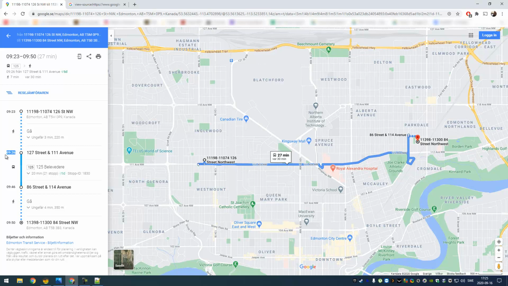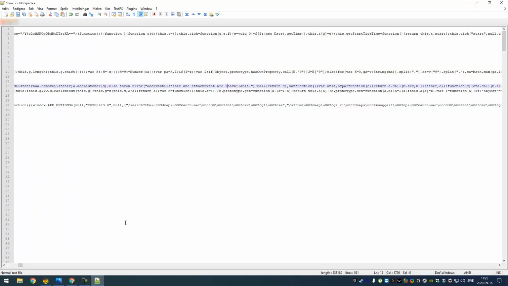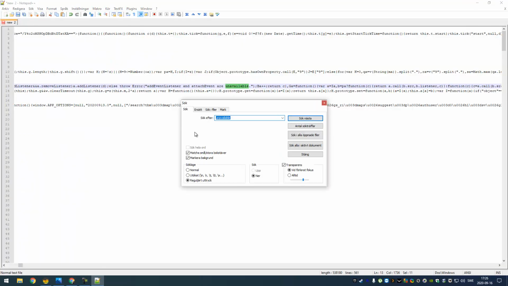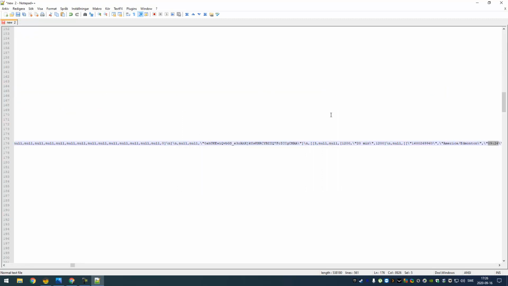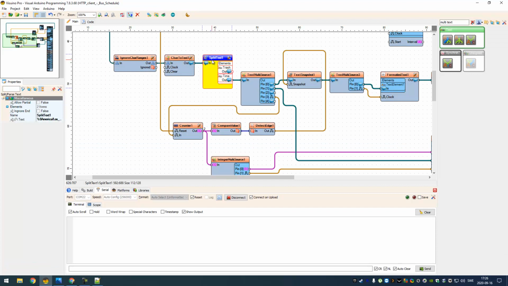So I'm gonna look for 9:26 in the code. So I'm gonna search here, 9:26. All right. So the text before and the text after this is what I'm gonna use as a tool to chop up the text. I'm gonna copy that and go back to this video and the text split parse component